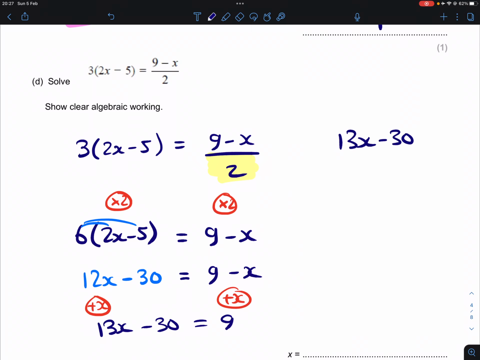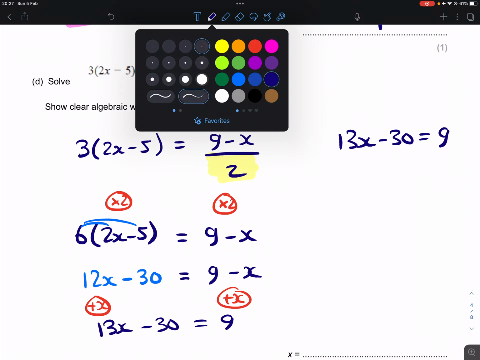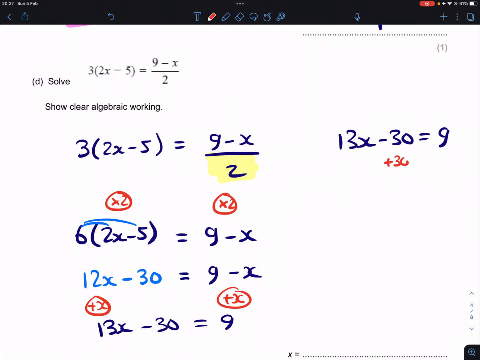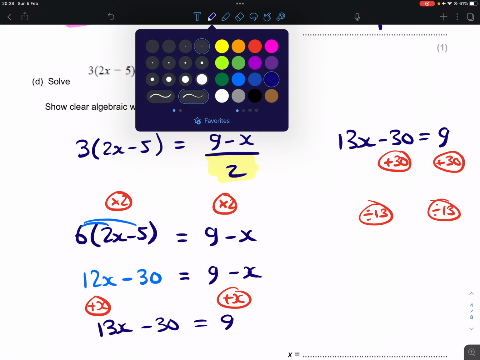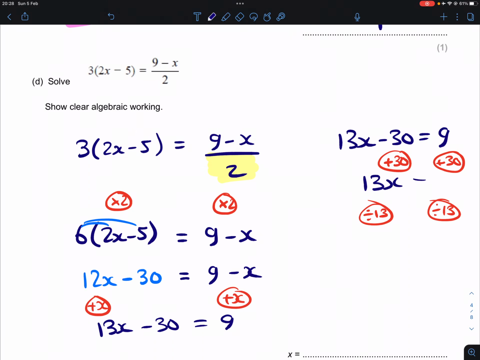Next step then, we can get the letter on its own. So first of all, I'm going to add 30 to both sides to get rid of that minus 30. And then after that, I'm going to divide both sides by 13 in order to get x on its own. So middle step here will be 13x is 39. And then when we divide both sides by 13, x will be